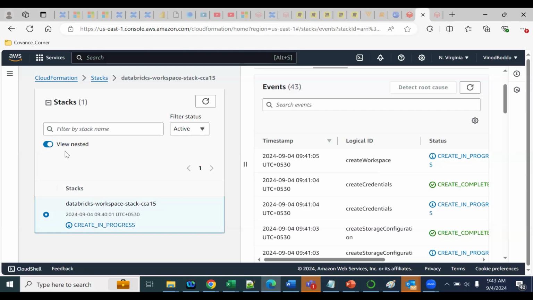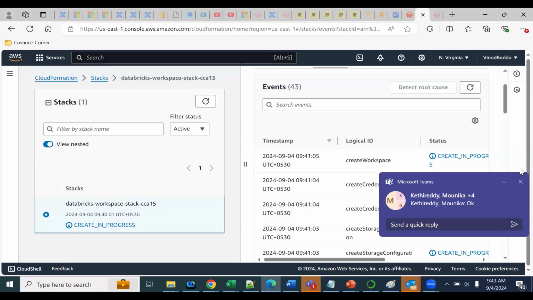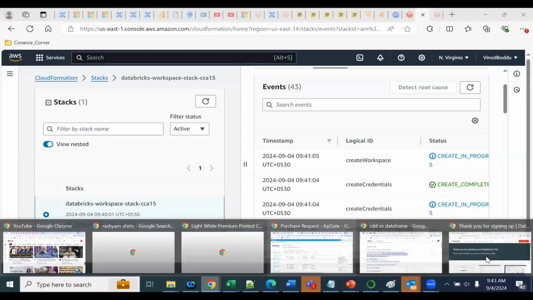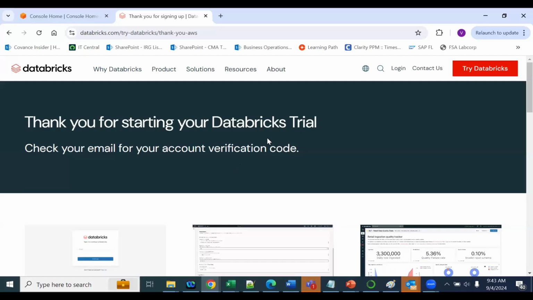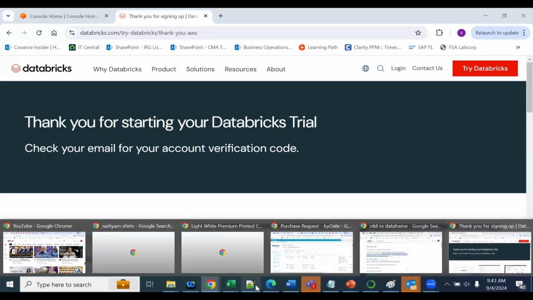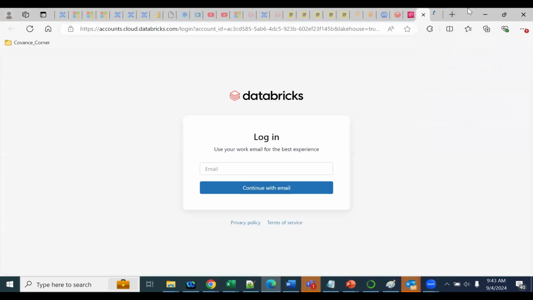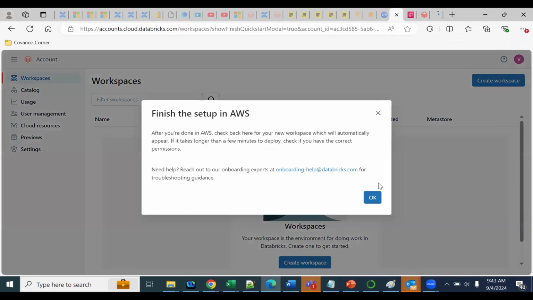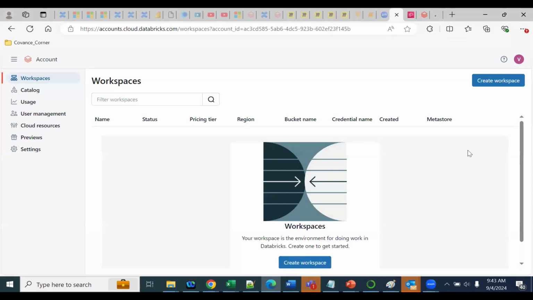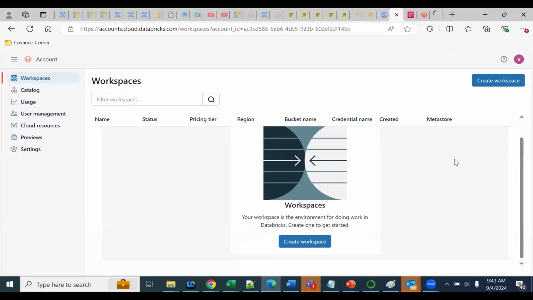So let me just log in. It's created now. Can you go to the Databricks page now? No, not here. Just on the left side, right? No, not here. You have already logged in here, right? Yeah, I got it. I think there are two tabs open for this. Okay, so the workspace is getting created. So if you just refresh the workspace,